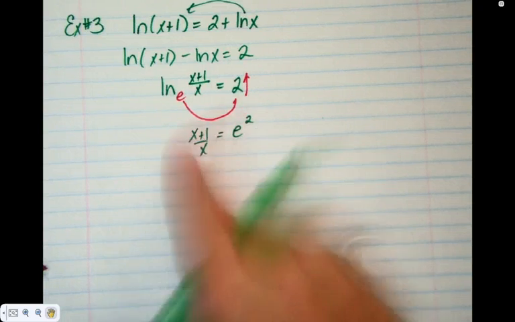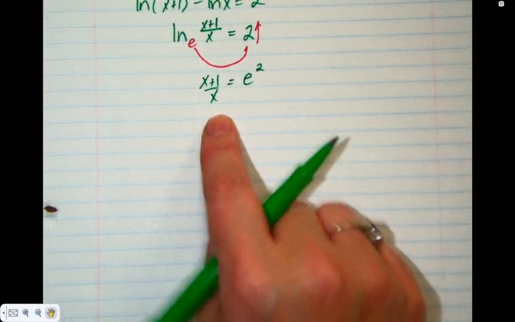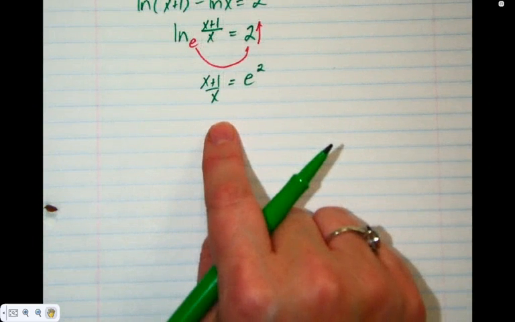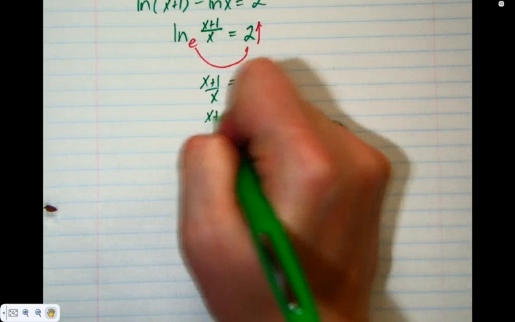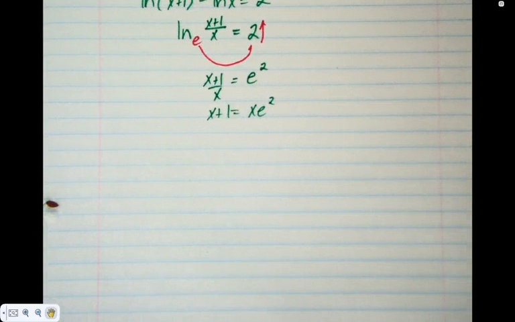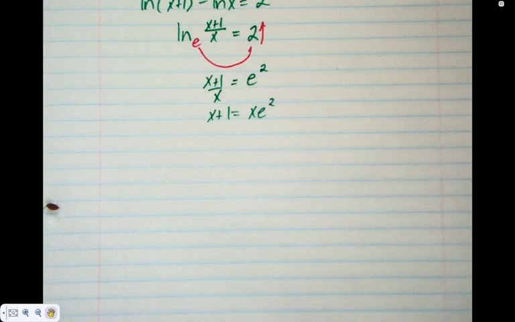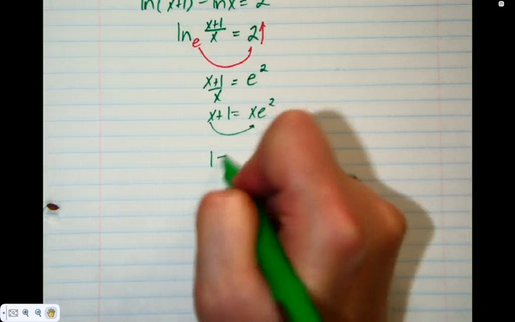So. Okay, here's always mass panic. What do I do? Got x's all over the place. People want to start canceling the x's. No. Again, just go back to your basic math. How do you get rid of a division by x? We just times by x. At this point in any equation, we get x's on one side, numbers on the other. So what do you want to move? Really bothers me, but I'll do it.